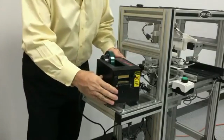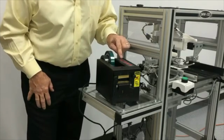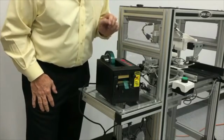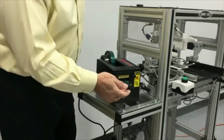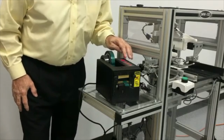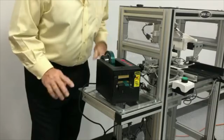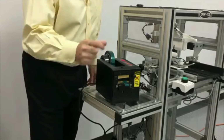Next, we're going to set the tape dispenser into auto mode. So you press this manual auto button once, twice. It'll dispense a piece of tape and cut it to the correct length. The length is set by the up and down arrows to increase or decrease the length. The current length is 40 millimeters. That's a good recommended length,